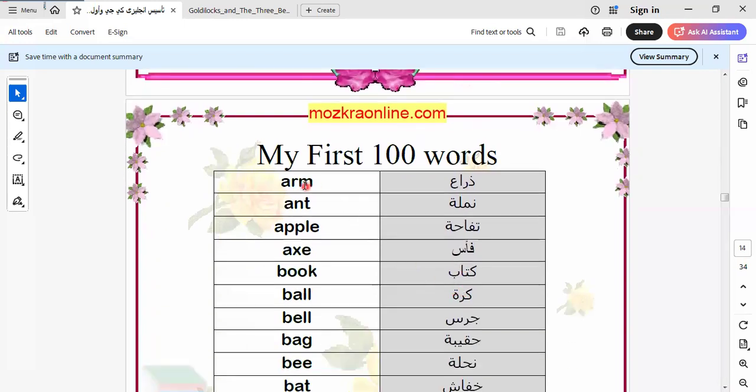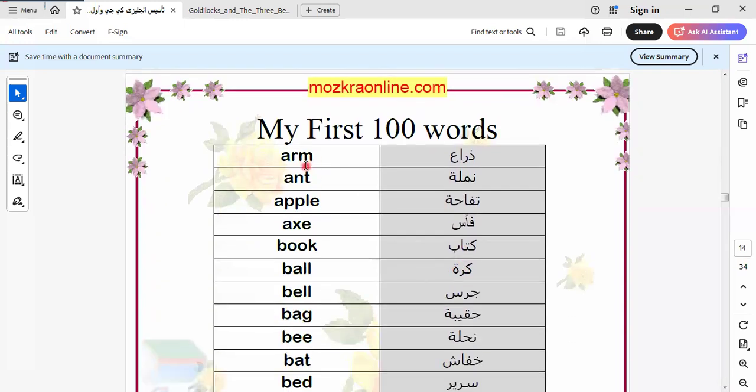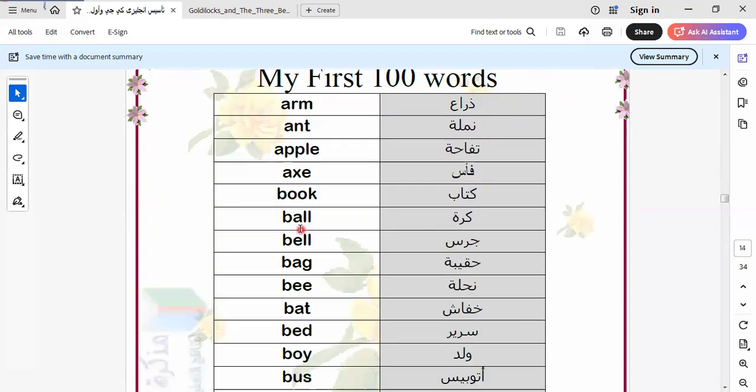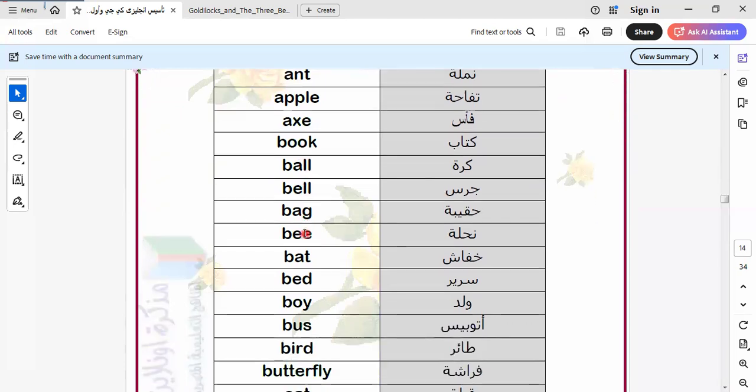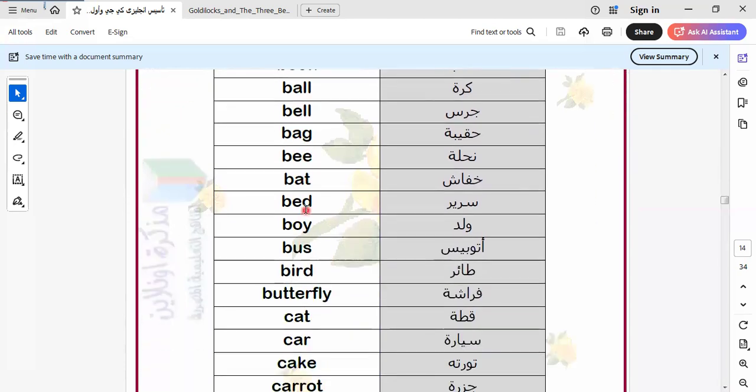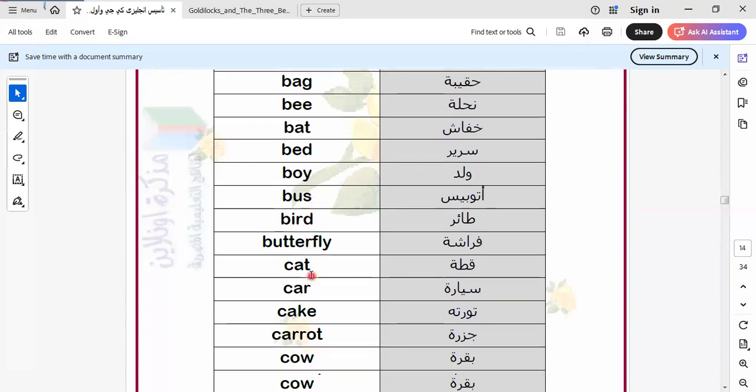Here we have other words. Let's revise together. Here is arm, ant, apple, axe, book, ball, bill, bag, bee, bat, bed, boy, bus, bird, butterfly,